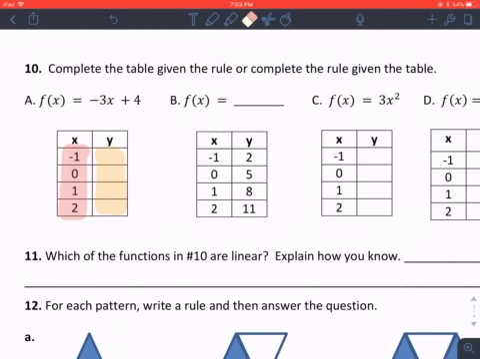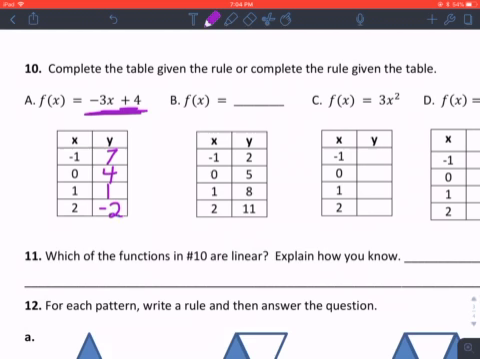So what we're going to do is substitute these x values in for x into our function. Okay, so we're going to substitute -1 in for x. When we do that, we have -3 times -1 plus 4, and we get 7. When we substitute 0 in for x, we get 4. When we substitute 1 in for x into this function right here, we get 1. And then when we substitute 2 in for x, we get